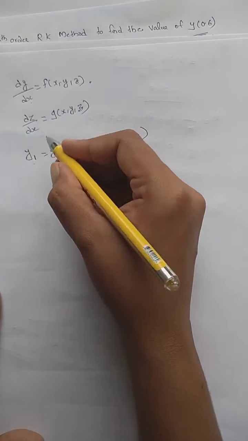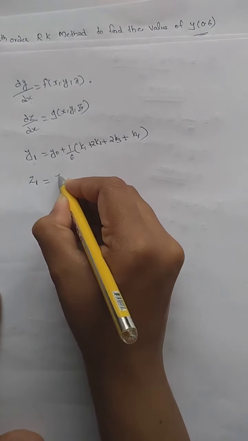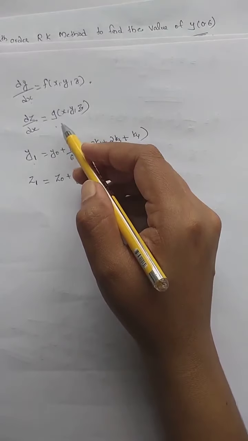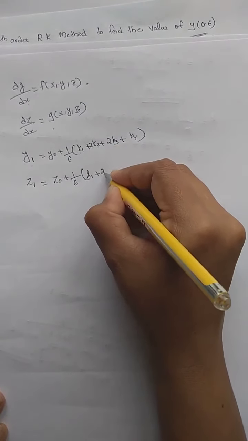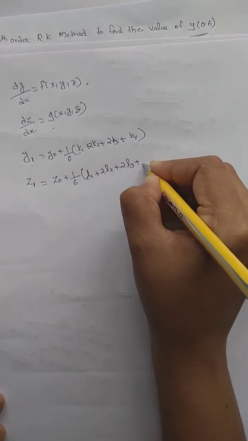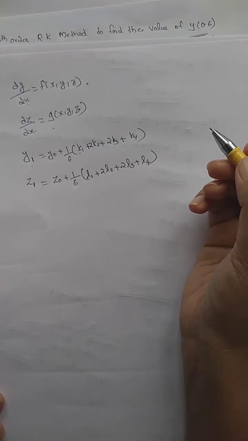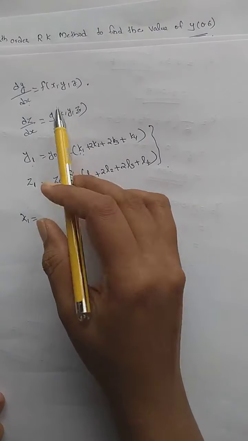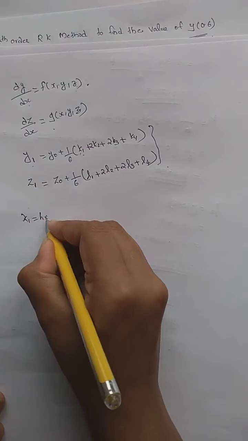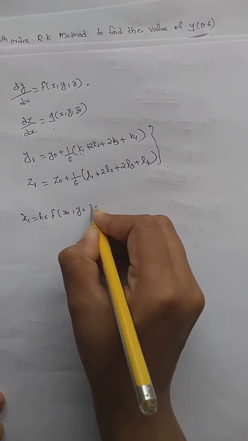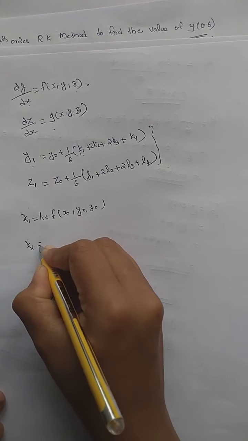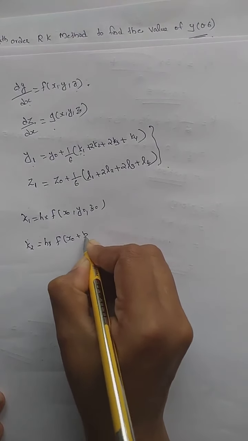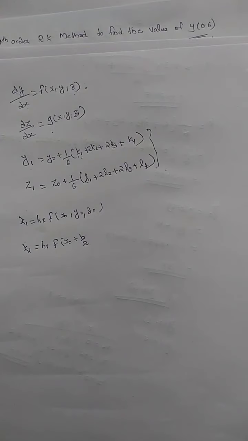Similarly, for the next equation, z1 will be z0 plus 1 by 6. Instead of k, I am notating it as L. So L1 plus 2L2 plus 2L3 plus L4. And we know what k1 is here. k1 is the function here, isn't it? So k1 is h into f of x0, y0, z0. And what is k2? k2 will be equal to h into f of x0 plus h by 2,